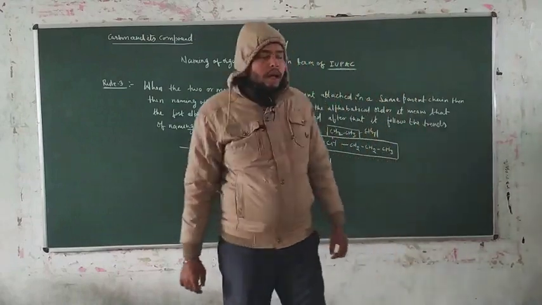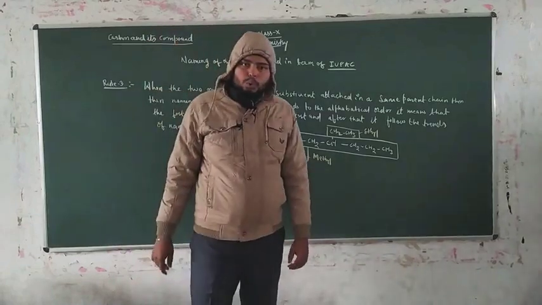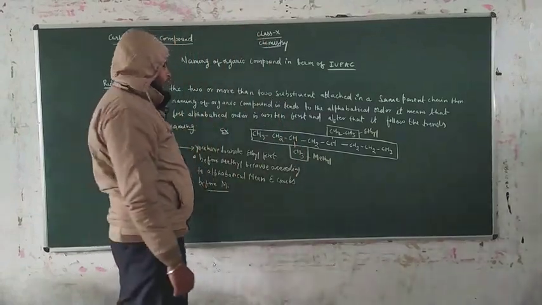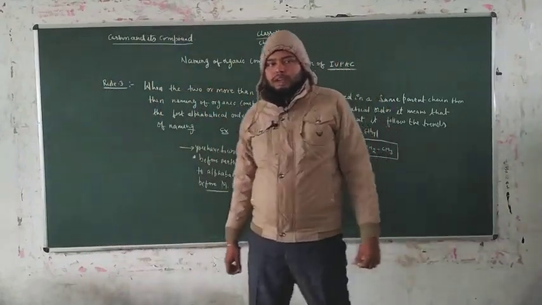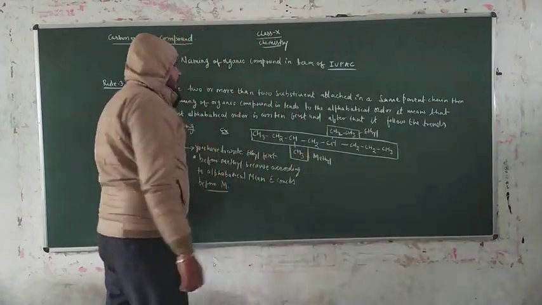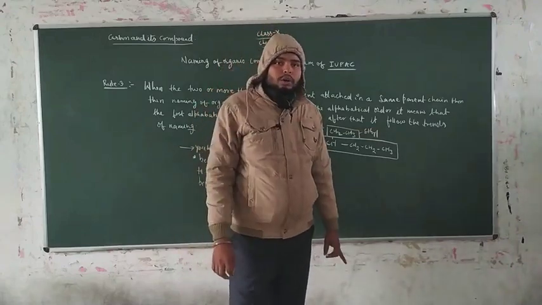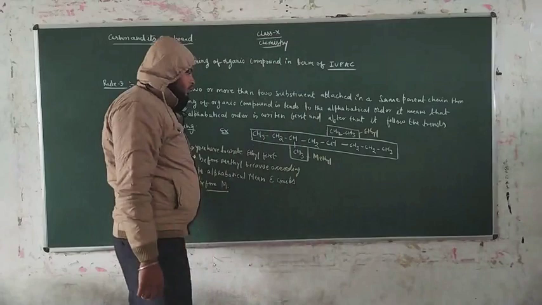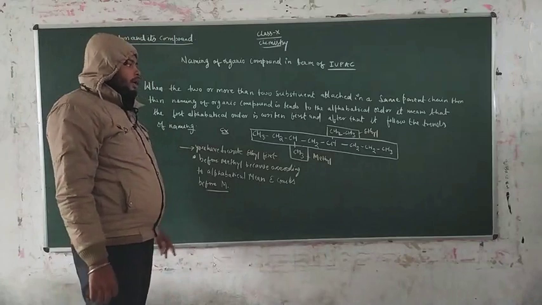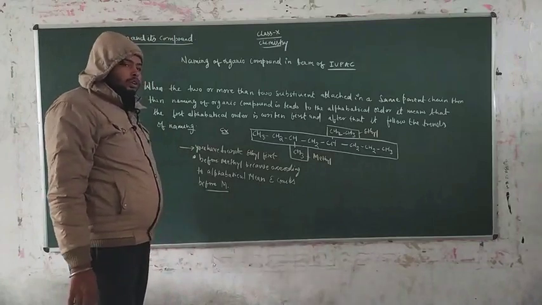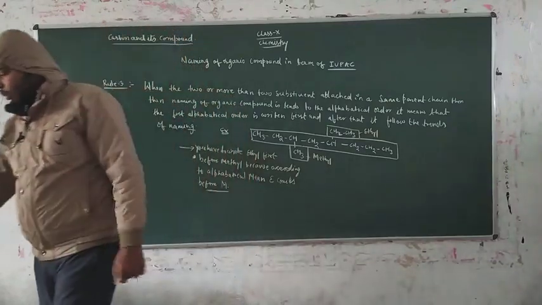So that is the rule we discuss here for the naming of organic compounds in terms of alphabetical order, and the condition is that the same parent chain contains at least 2 or more than 2 substituents. After that, we will practice questions on the naming of organic compounds by following such rules. So guys, take a screenshot of it. After that, we will discuss another rule, that means our rule number 4. So take the screenshot here.